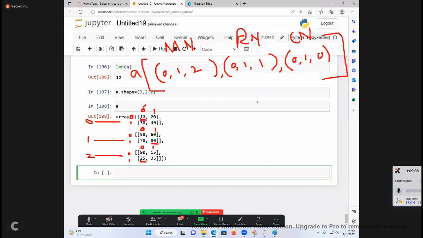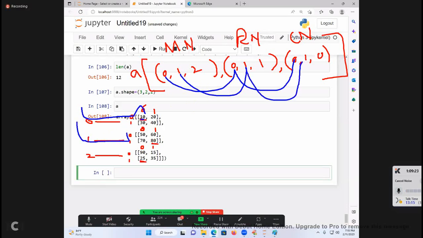Beautiful. Come on now. 0, 0, 0. What is the value? 10. 1, 1, 1. What is the value? 80. 2, 1, 0. What is the value? 25.